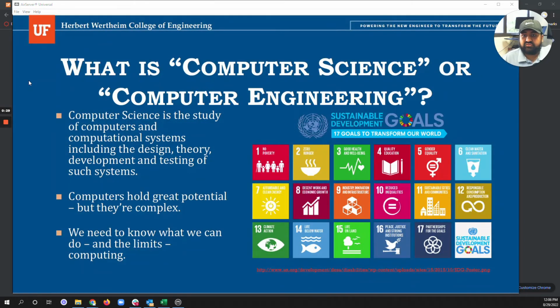What is computer science or computer engineering? The formal definition of computer science goes like this: it is the study of computers and computational systems, including the design, theory, development, and testing of such systems. Computers hold great potential and they are very complex. We are surrounded by computers almost everywhere, and they can be used to solve a variety of different problems,